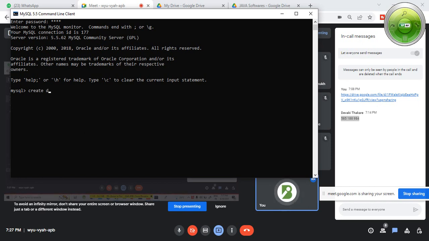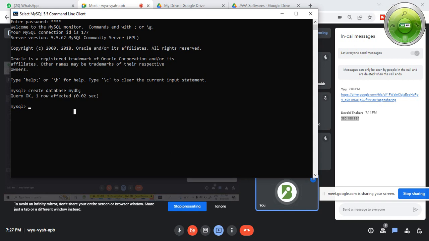Simple query you have to write down, create database name. Simply you have to write down one simple command to create a database. Name of the query is create database name. Okay, here database name can be anything.